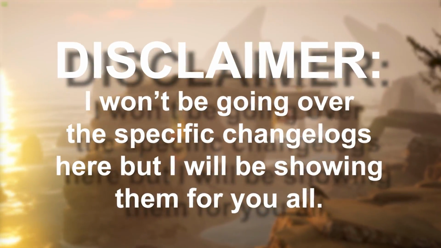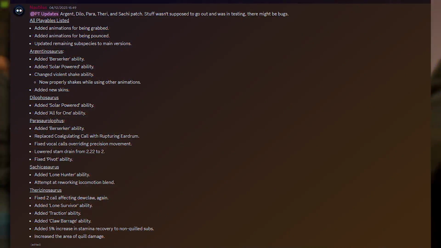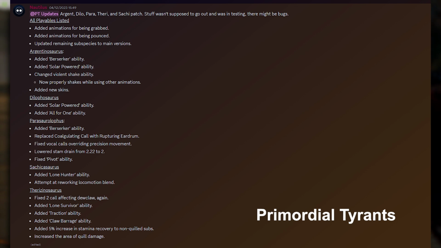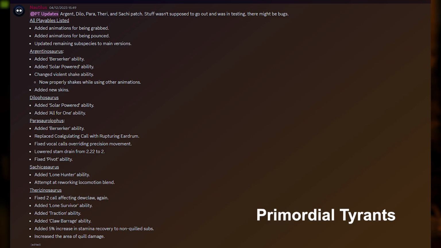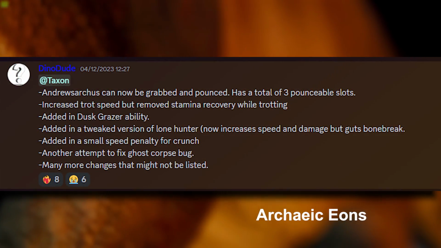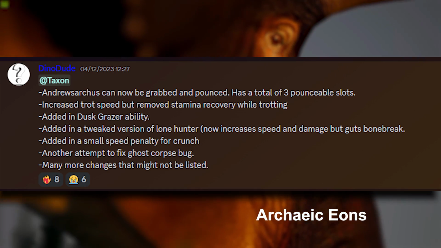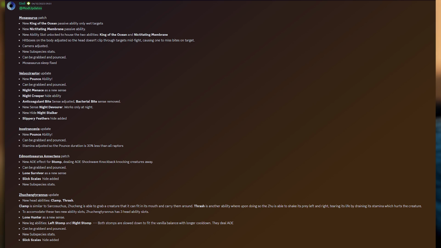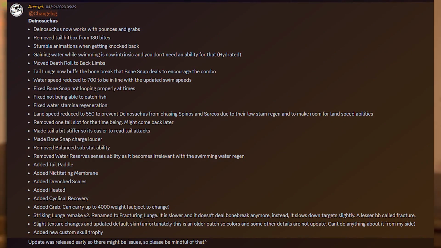However, I'm going to put them on the screen right now. So this is the Primordial Tyrants changelogs right here. There's a lot to go over, a lot to showcase, so pause the screen, have a look and see what you like. Then you've got the Archaic Eons ones, which is mainly for Andrewsarchus, because Andrewsarchus is their only mod currently. And then you've got Divine Beasts, which is a lot to take in as well, with the Velociraptor also getting Pounce, and I believe the Zoochain Tyrannus got the Thrash ability, I'm not too sure, and then of course